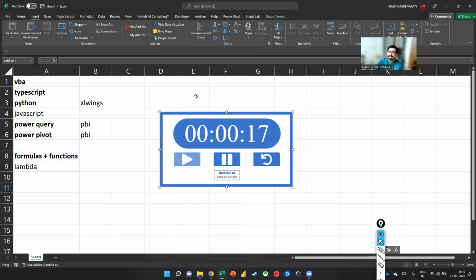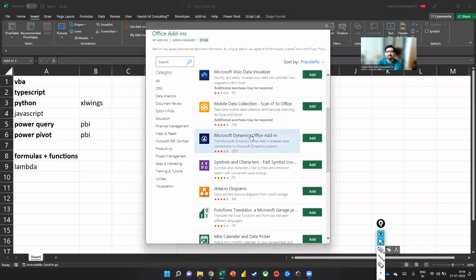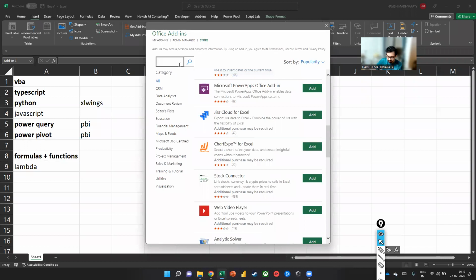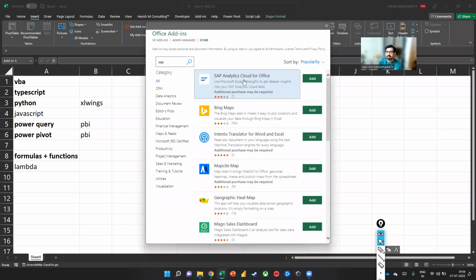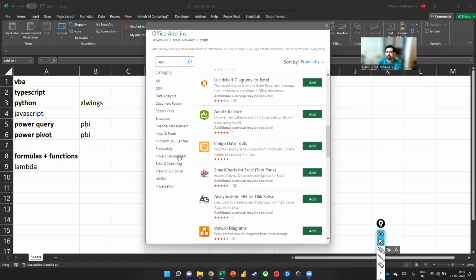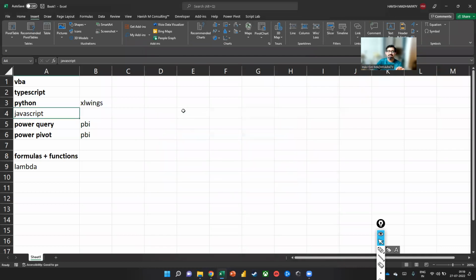Right? So like this, there are lots of applications available on the store. You have Wikipedia, you have SAP, you have Salesforce. I'm not sure if Salesforce is there, but SAP is also there. Look at this, SAP Analytics Cloud. Right? I also want to show you Lambda, but first tell me if you have any questions